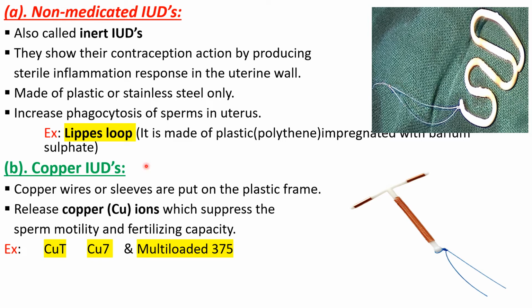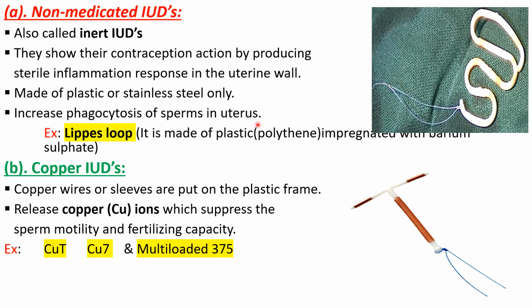This means the favorable conditions in the uterus become unfavorable when this type of IUD is inserted into the uterine wall. These IUDs are made of either plastic or stainless steel. They increase phagocytosis of sperms in the uterus. When the tissue of the endometrium lining is damaged on a small scale, it automatically acts as a spermicidal for the sperms